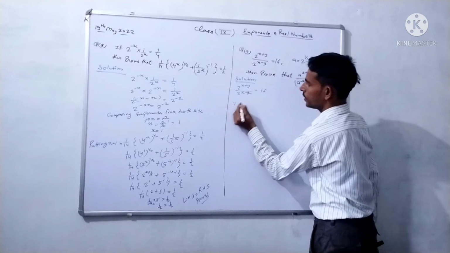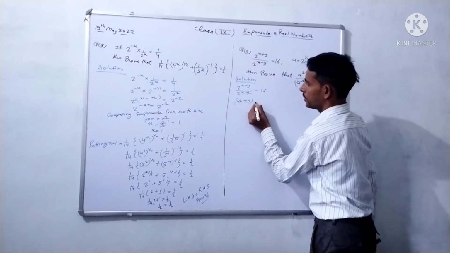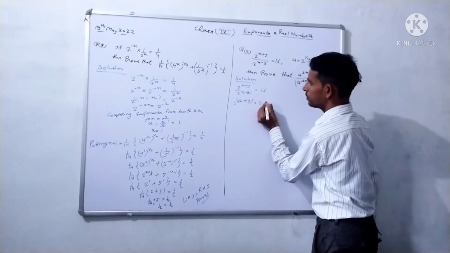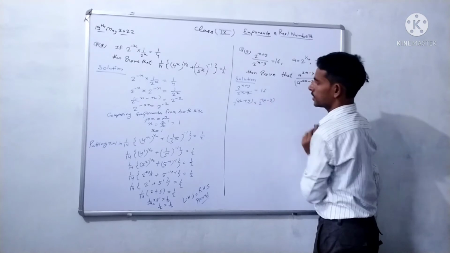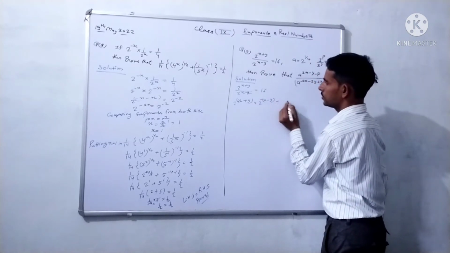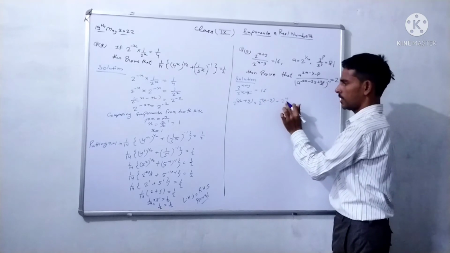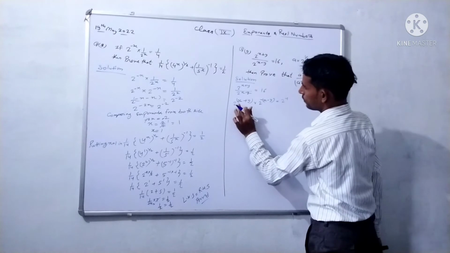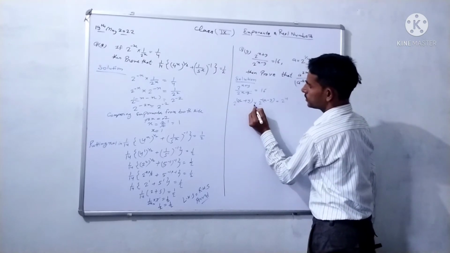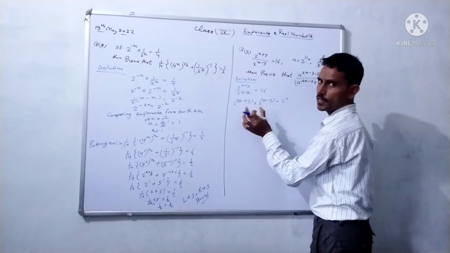We can write 2^(x+y) into 2^(x-y); its sign will be changed, equals 2^4. 16 we can write as 2 to the 4 to the 8 to the 16, so 2^4. Again, here the bases are the same and we are multiplying. We know when two exponents have the same base, then we can add the exponents.